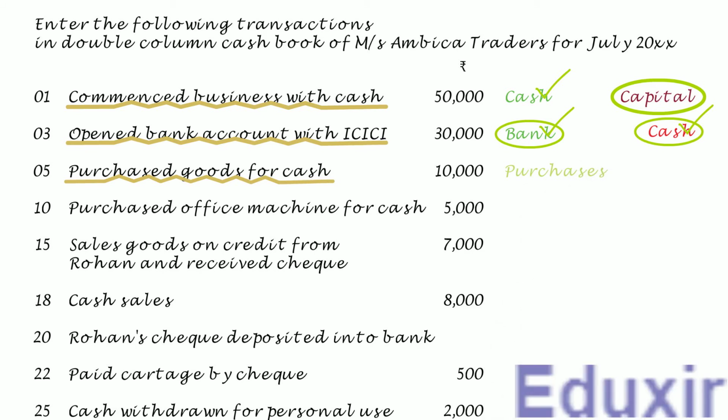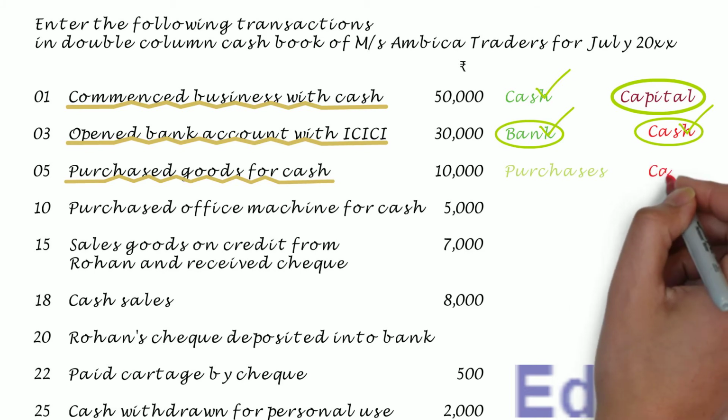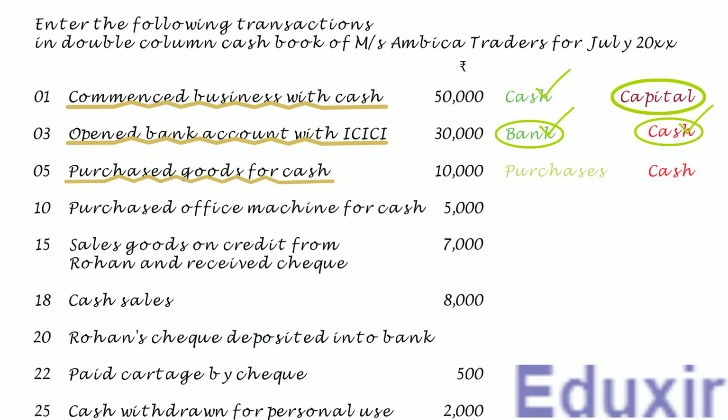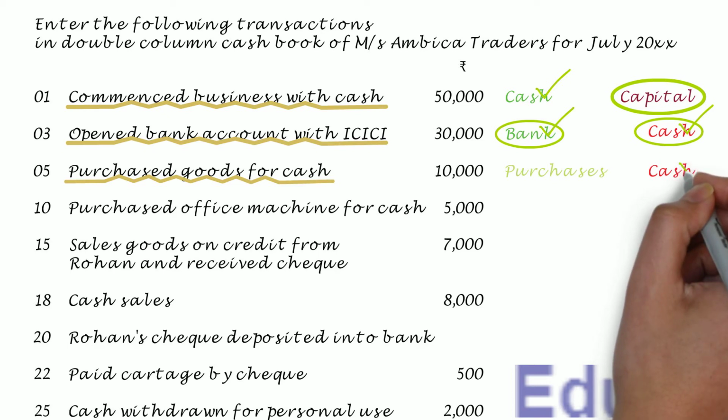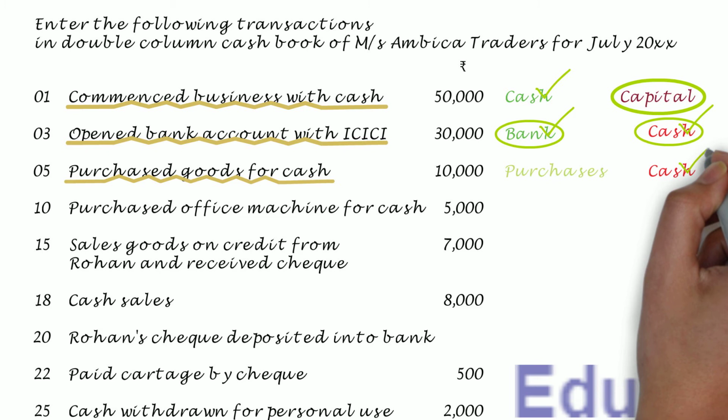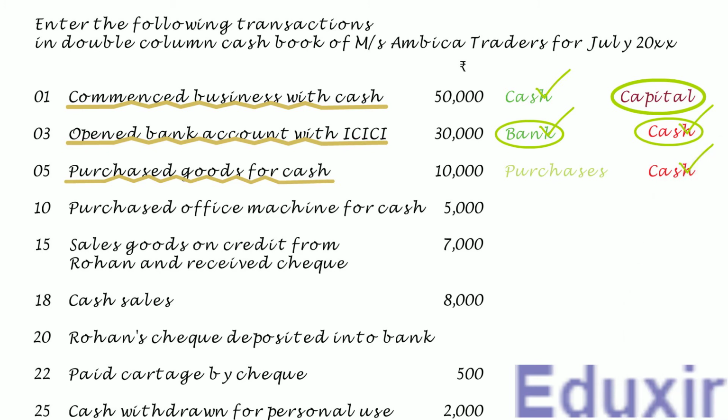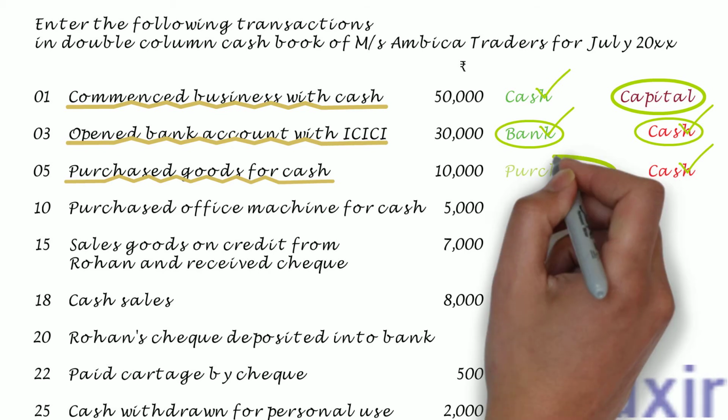At the same time, as the payment for these purchases is done for cash, the cash asset of the business will be decreasing. The rule to record any decrease in the asset is to credit the corresponding assets account. In this case, the cash account should be credited. In this transaction, as you can see, the cash is on the credit side. So it needs to be posted on the credit or payment side of the cash book and in the cash column. Note that the particulars that need to be posted into the payments column of the cash book is purchases.